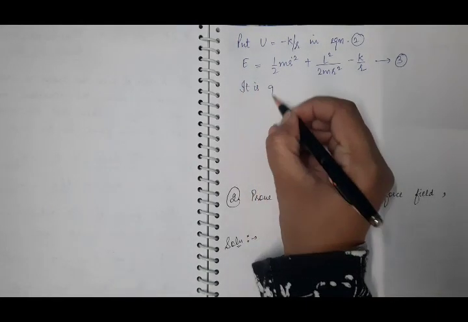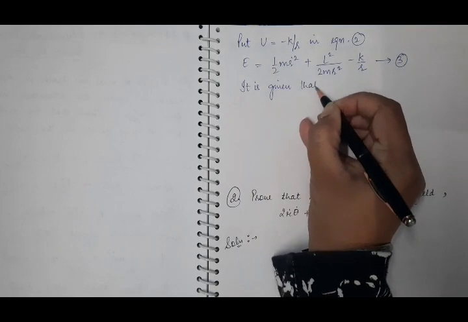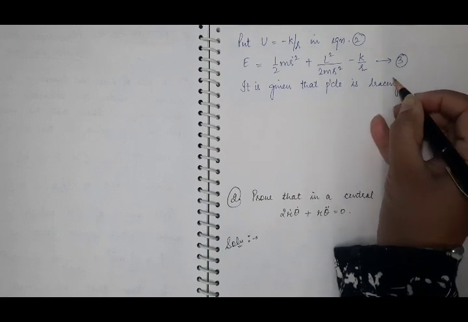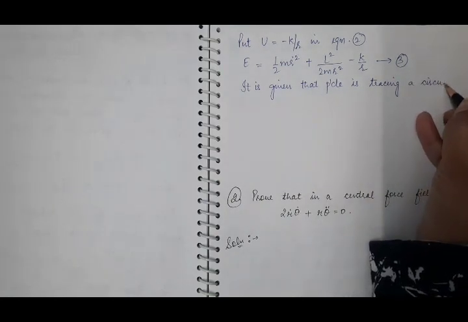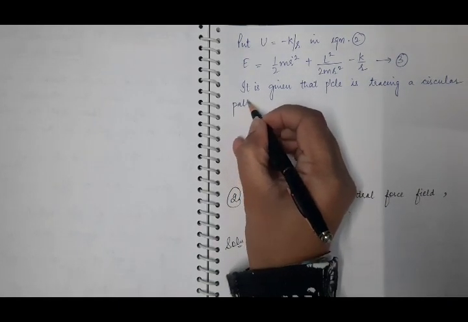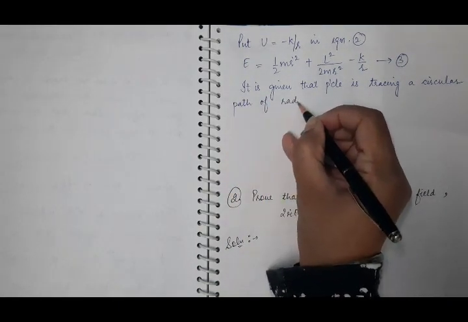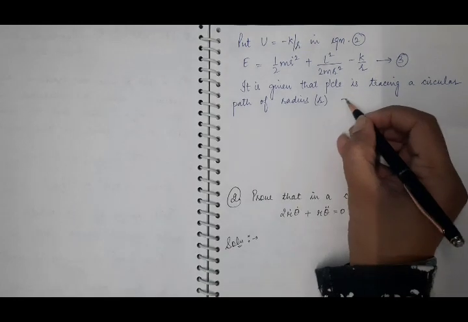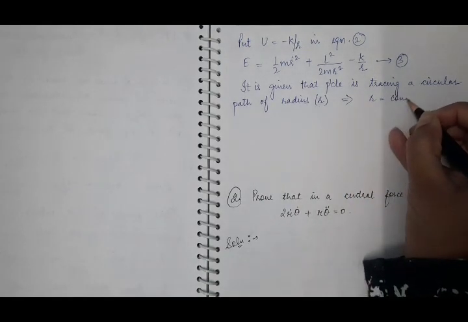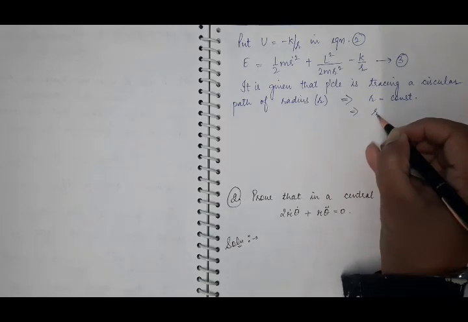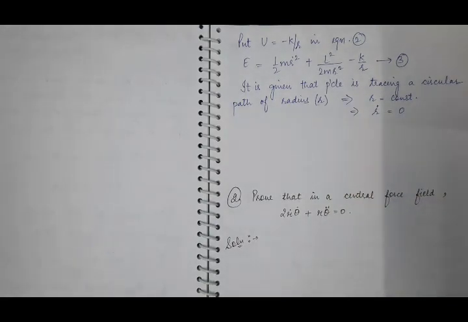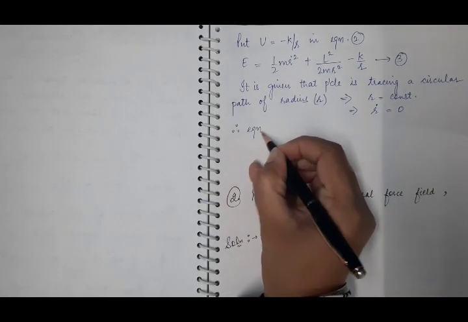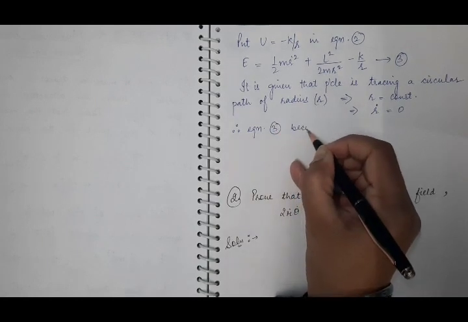It is given that particle is tracing a circular path of radius r, and we know that radius of the circle remains constant. So this implies r is constant, and if r is constant, then its derivative r dot will be 0. And now put this value in equation third. Therefore, equation third becomes